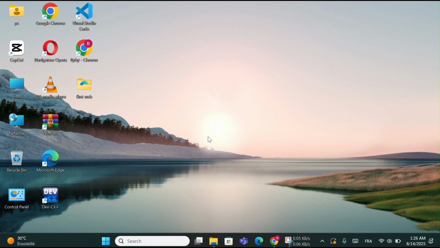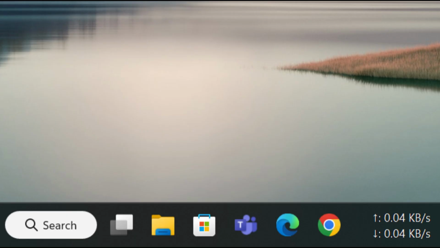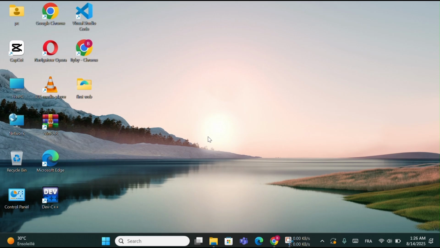And that's it. Now you have your internet speed always visible, without opening any extra program, and you can check it anytime right from your taskbar. It's lightweight, simple, and runs quietly in the background, so you'll always know if your internet is fast or slowing